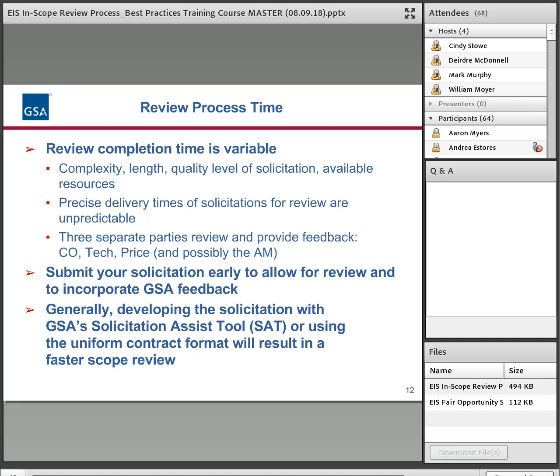One of the big factors also is how many we have in simultaneously. We have a number of folks devoted to these reviews. However, resources are not unlimited, and currently we have a forecast of 200 solicitations. We've received about 16 so far.